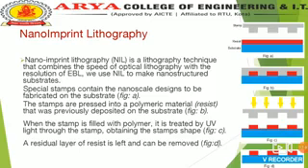It is a simple nanolithography process with low cost, high throughput, and high resolution. It creates patterns by mechanical deformation of imprint resist and subsequent processes. This process combines the speed of optical lithography with the